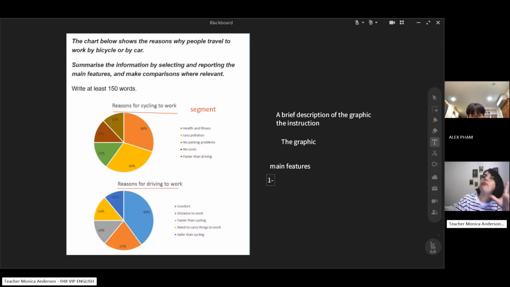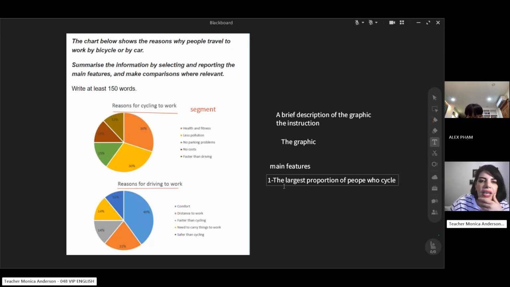So tell me, okay, main feature, maybe the largest proportion, percentage. Here the measurement is actually based on person. So we say proportion or percentage. So what can we say? We say the largest. Do you agree? The largest, yeah, proportion of people who, so first of all, cycle,